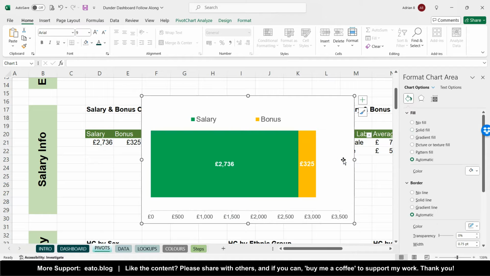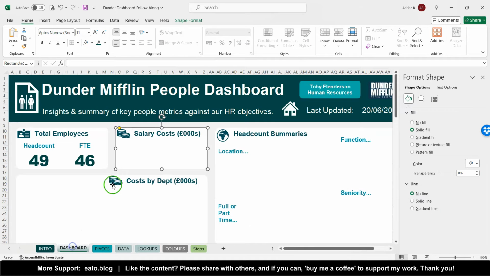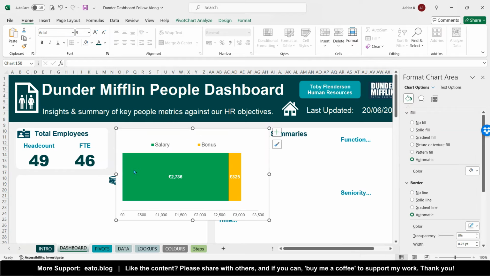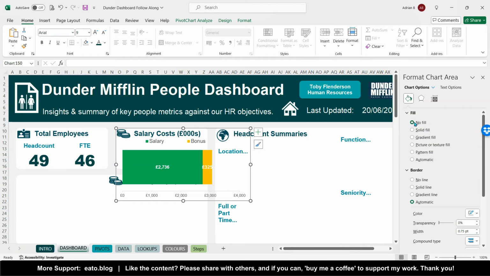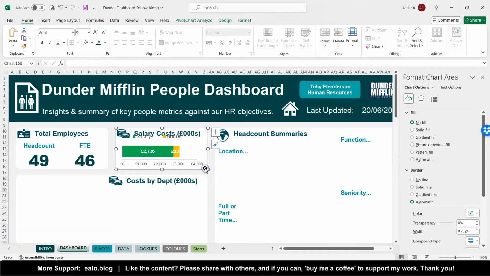So I've got it generally right. Now I'm going to Control X to cut it, and Control V to paste it in my dashboard. My fill of my chart, I don't want any fill, so no fill, so it makes it transparent. But the size is all wrong, so I'm just going to hold down Alt, bring it in to the bounds of my